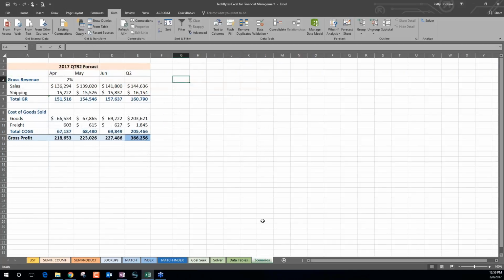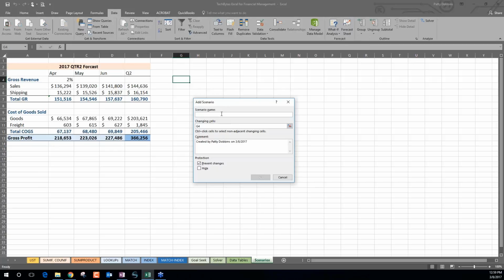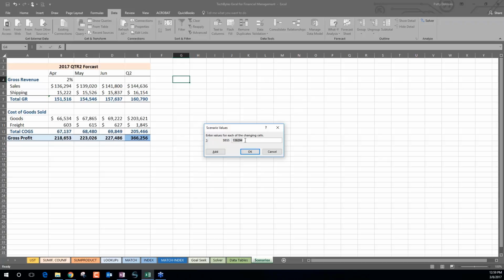So kind of close on time, so I won't go through the scenario part, but suffice to say you can come up to What-If, go to Scenario Manager, you can add in scenarios, name it, the cell or cells that you want to change, and then what you want to change those by. If I was going to do an increase, and then I'm going to select the cell that I could change and say OK. I can select multiple cells here, say OK, and it's going to say what do you want to change it to. Let's say it was going to be